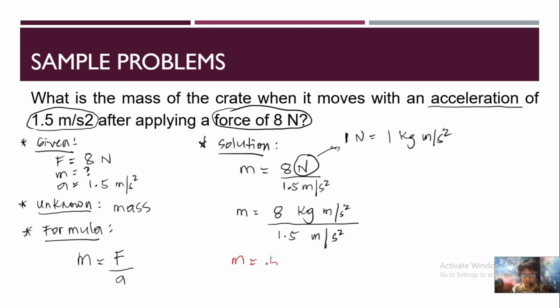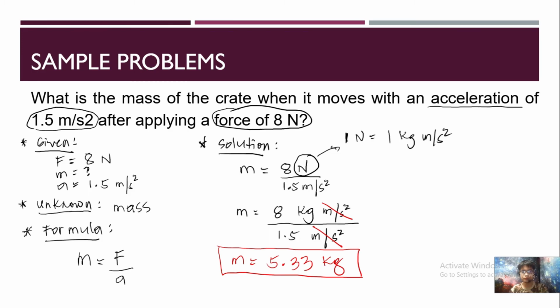So let's take a look. Which ones cancel? Meter per second squared and meter per second squared. So what remains is kilograms. So our final answer is 5.33 kilograms. Okay? And then last,